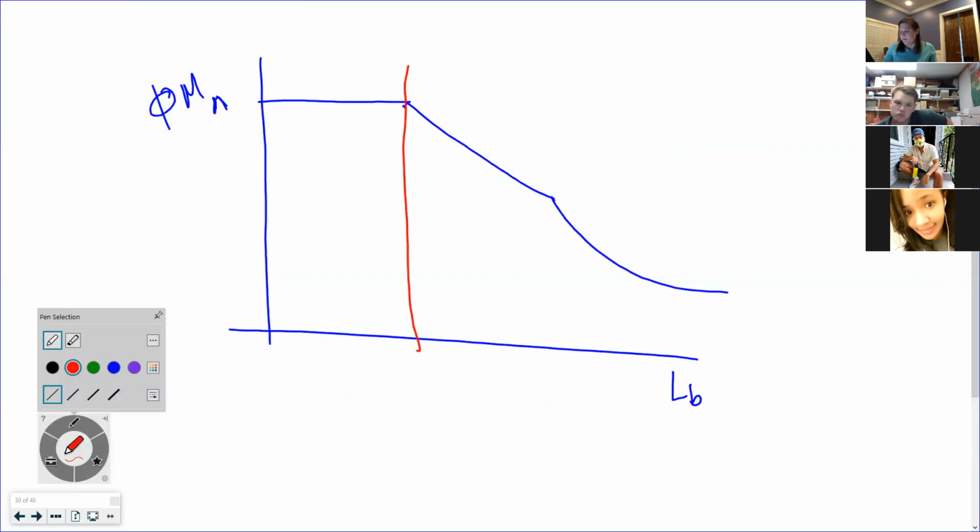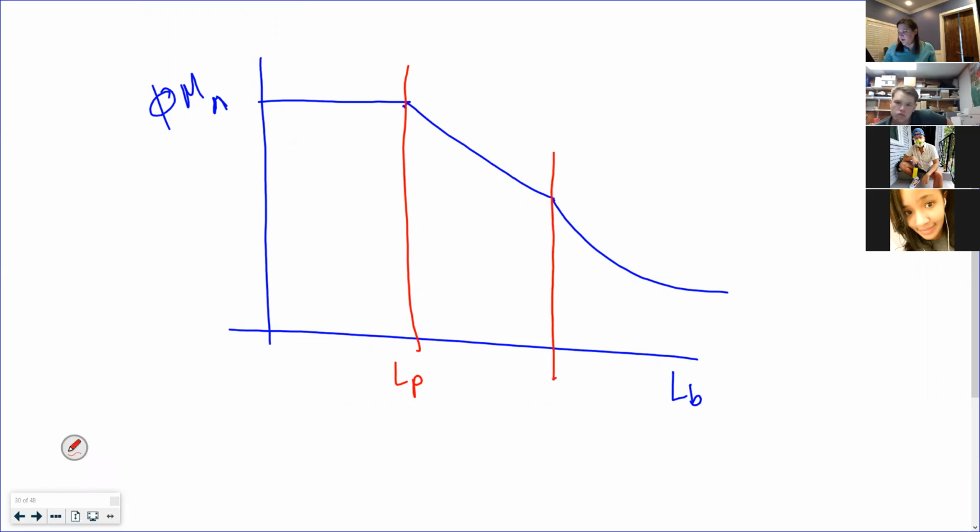But this is your plastic length, and this is the difference between inelastic and elastic, which I think is like that. And if you look at that chart on 3-26,